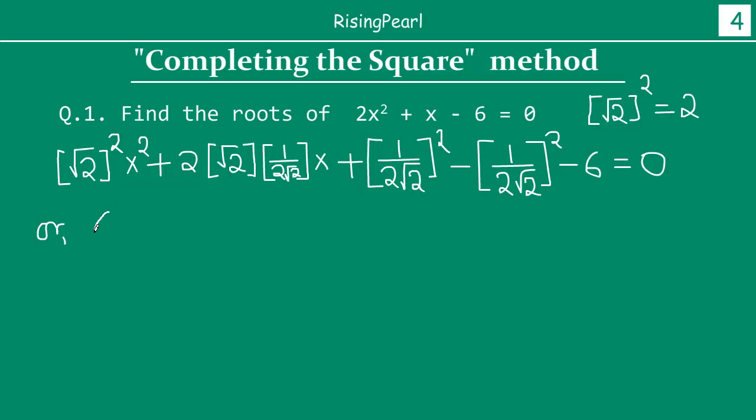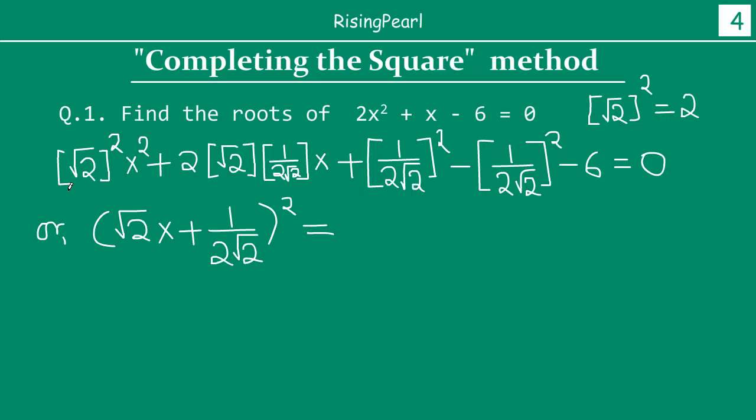So this will be (square root 2 x plus 1 by 2 square root 2) whole square. It's important to understand that because you have a plus here, we got this plus. If you had minus, this would have been minus. So square root 2 x plus 1 by 2 square root 2 equal to